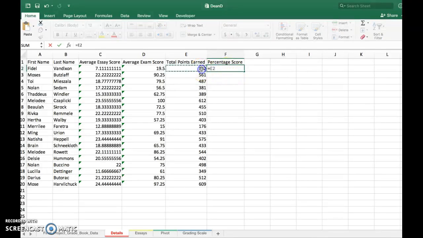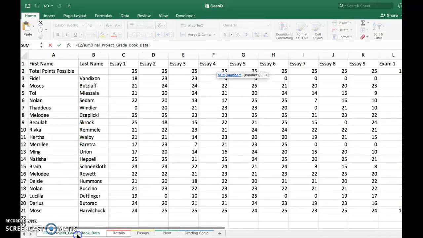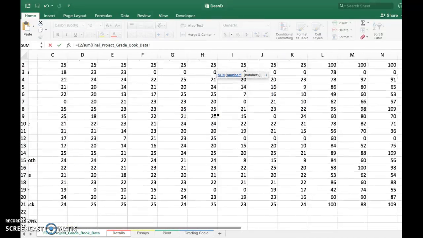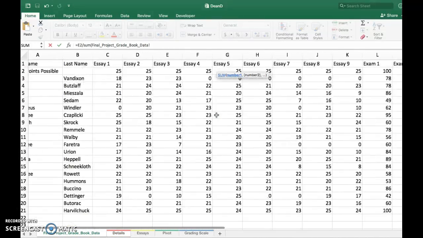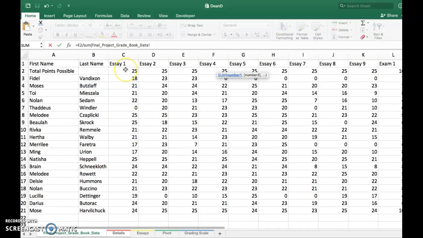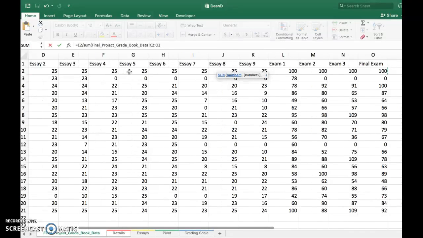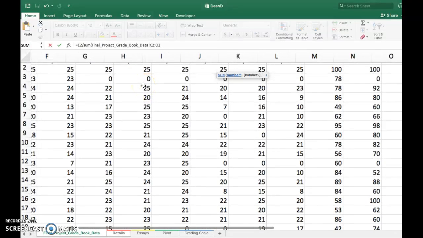We're going to take this number and we're going to divide it by the sum of total points possible. Okay, which starts here in C2, and we're going to hit shift, command to the right, grabs that whole row,